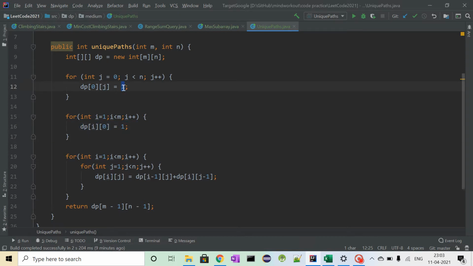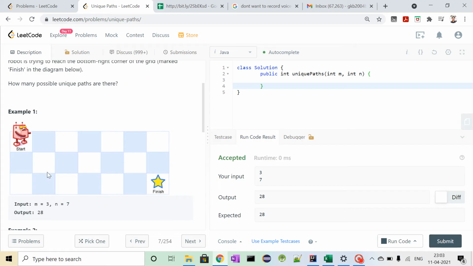Like this first block, the number of ways of reaching this block is 1. Similarly, this block is also 1. This block is also 1. The number of ways of reaching the blocks in the first row is 1, and the number of ways of reaching the blocks in the first column is always 1. So that is what is done here.